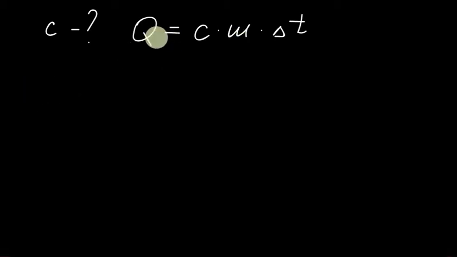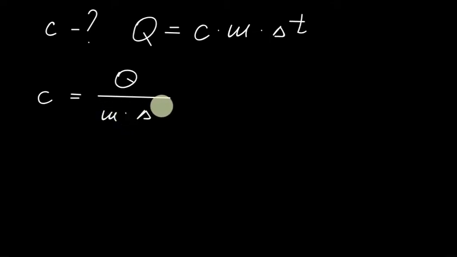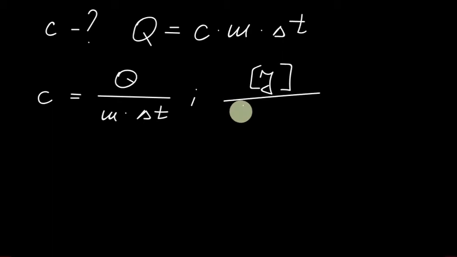From this equation we get that C is equal to Q divided by M times delta T. Now we can write that the units of C is joules divided by kilograms times